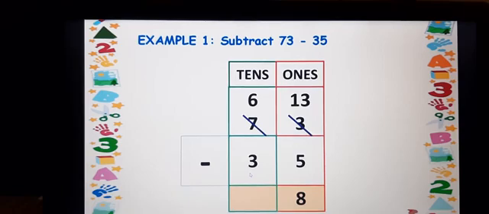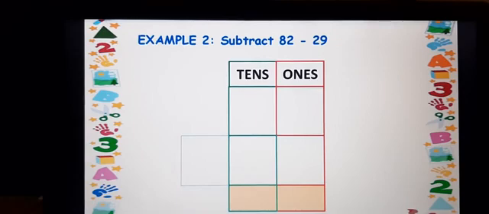Now in 10's place, what is left? 6. 6 minus 3 is, as you already know that, take it on your fingers. 6 minus 3, 3 only. So your answer will be how much? Yeah, you are right. That is 38. The answer is 38. You have to write it as a 38 with your particular answers. Very good, children. Now we will see the second example.